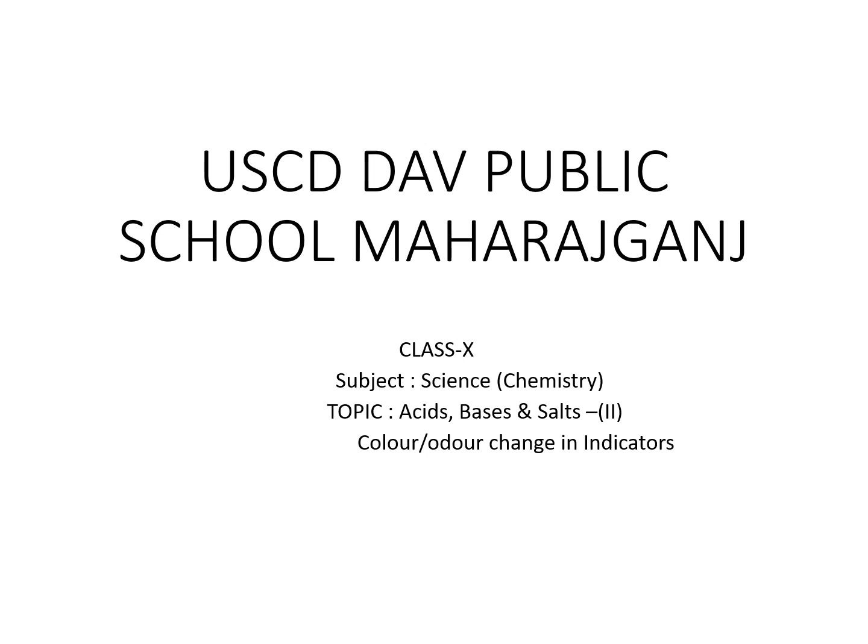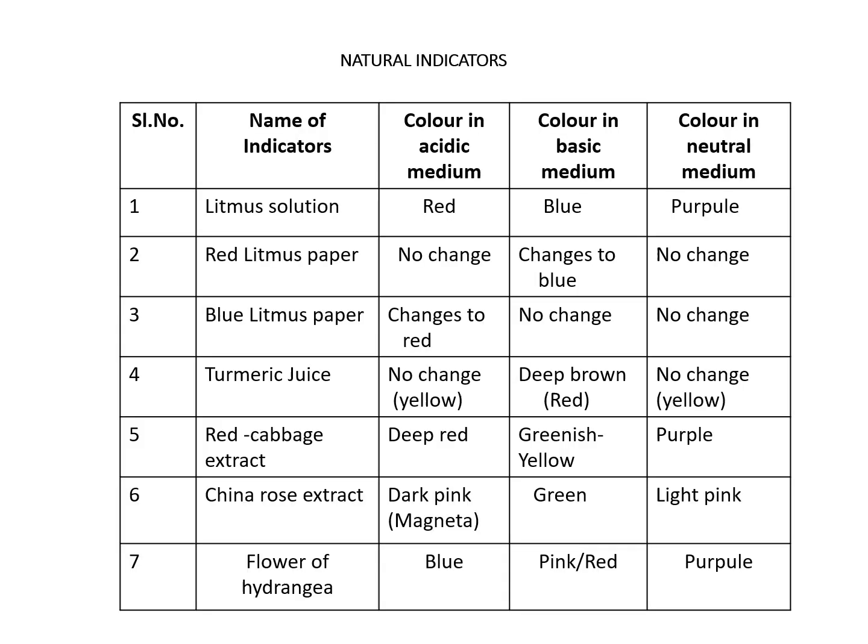In the previous class, we discussed the elementary ideas behind acids, bases and salts, along with a concept called indicators. In this class, we are going to discuss how those indicators change their color in different mediums. Let us take the first type of indicator, known as natural indicator. Those indicators which are directly obtained from nature are known as natural indicators, that I have discussed in the very last class. Now let us see what changes occur in this particular type of indicator.